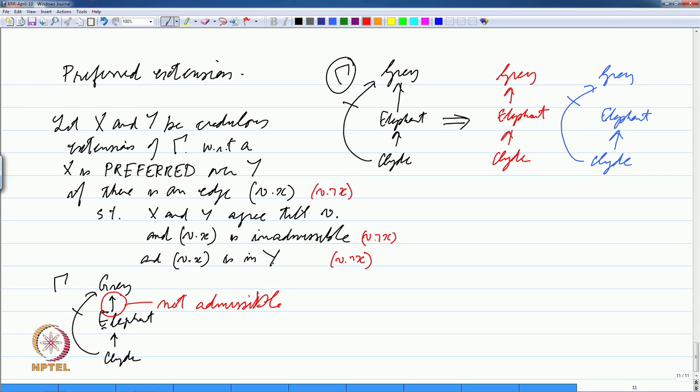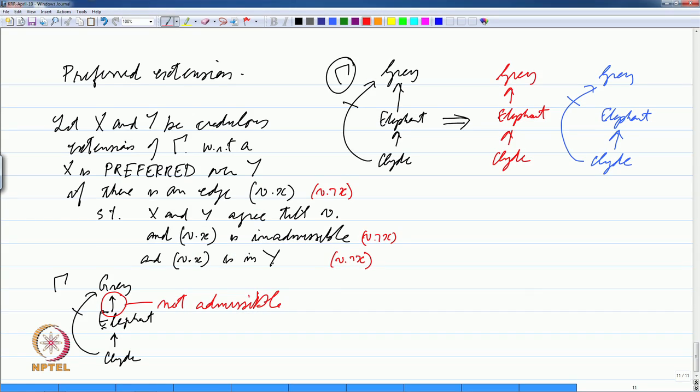Why is it not admissible? Because it is preempted by this negative edge essentially. Remember the definition of an edge being not admissible, that its conclusion should not be preempted by something which is in the path. An edge is admissible if there is a positive path leading up to that edge and there is no node in that positive path which preempts its conclusion.